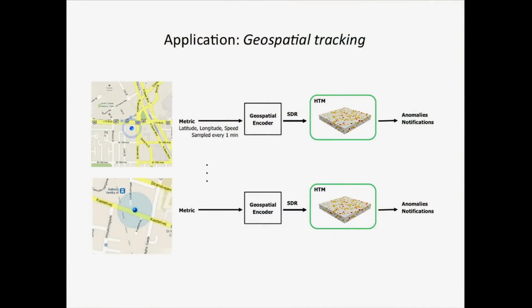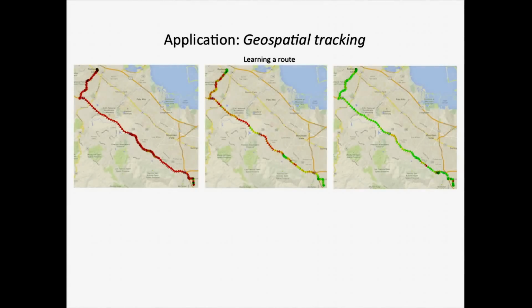Now that we have SDRs, we can feed them into HTM just like before, and get anomalies and notifications when something unusual is happening with the person who's moving around. And again, we can do this for many independent models, many different people moving around. It doesn't have to be people. It could be trucks or anything that you're tracking in space. And all of these models are learning continuously and automatically created. So with this kind of a system, we can